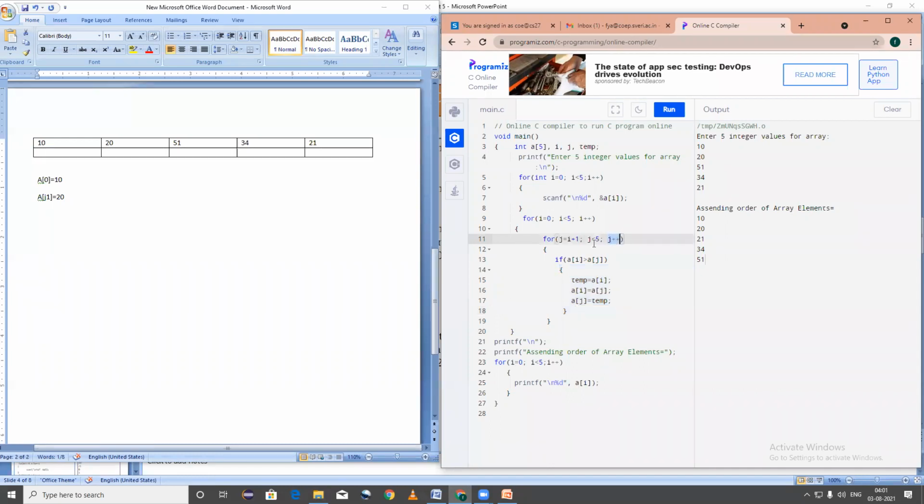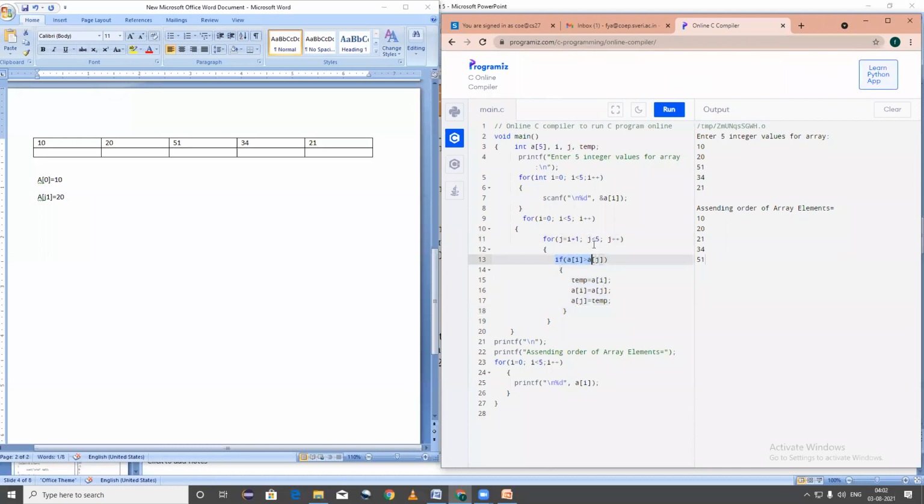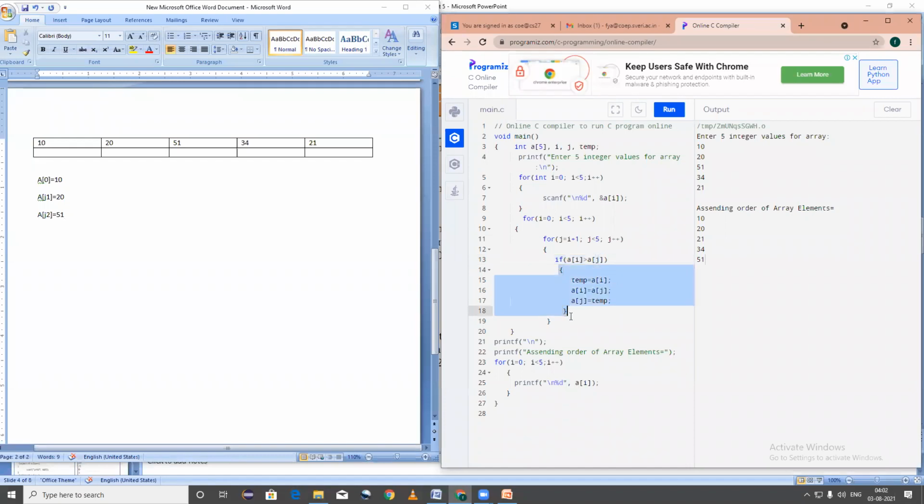So it will go to the outside and it will find there is an increment operator j plus plus. Now when I increment j plus plus, that means now here I am having the value of j is equal to 1. Now plus 1, that is 2. I am replacing the value for here j less than 5. That means 2 less than 5. Again the condition is true. Here I am going to check A of I. Now what is the value of j of 2? J of 2 ची value काय सांगा मला? Yes. 51. Okay, 51. Now it will compare if 10 is greater than 51. Is it true or false? False.